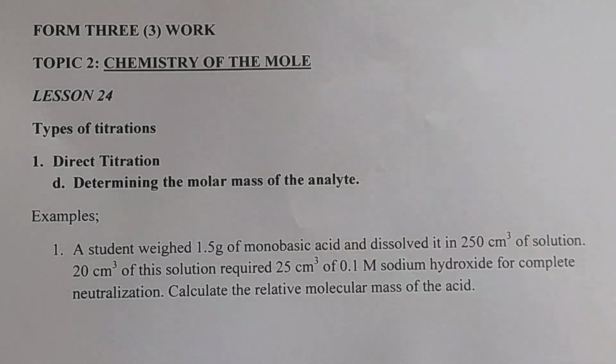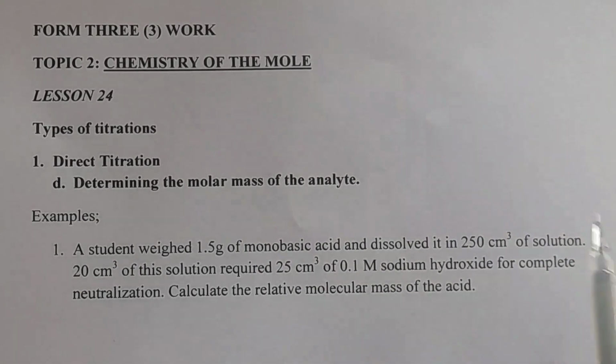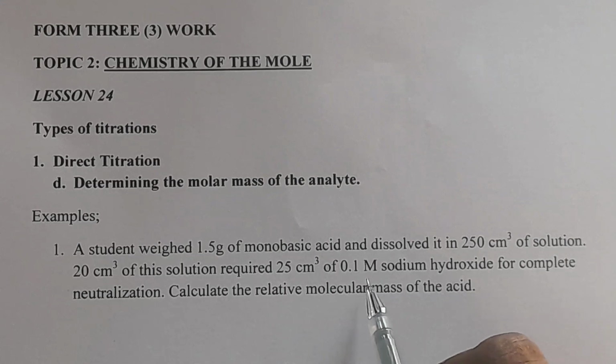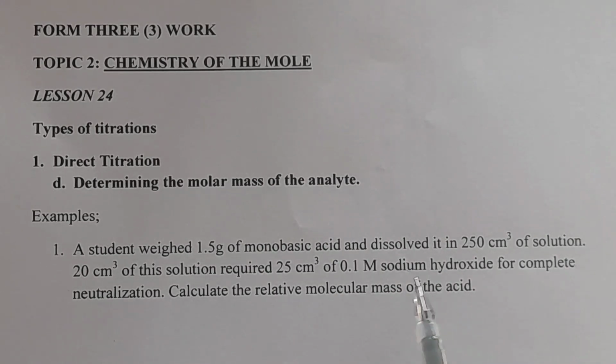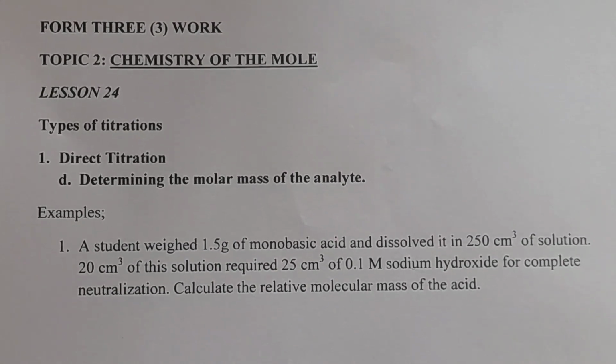Number 1, we are told a student weighed 1.5 grams of monobasic acid and dissolved it in 250 cm³ of solution. 20 cm³ of this solution required 25 cm³ of 0.1 molar sodium hydroxide for complete neutralization. We are asked to calculate the relative molecular mass of the acid. From the question, sodium hydroxide is our standard solution because we have its concentration here. So the first step, we start with the number of moles of the standard solution,